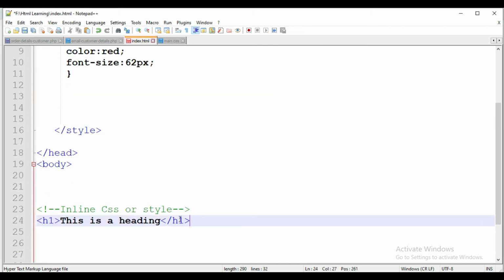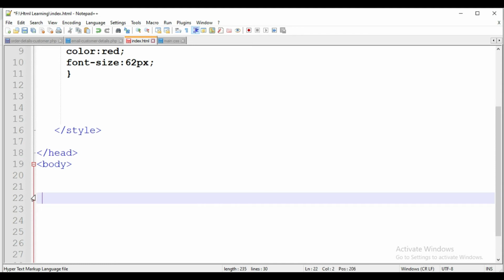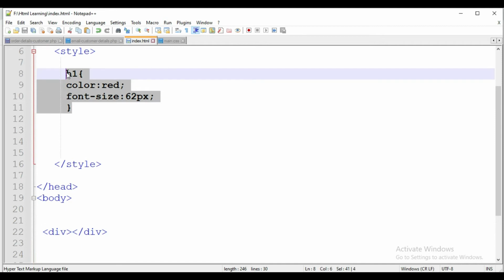Now I'm going to make some div. I apply a div here, div tag, and close it with div. I'm going to style it, div.